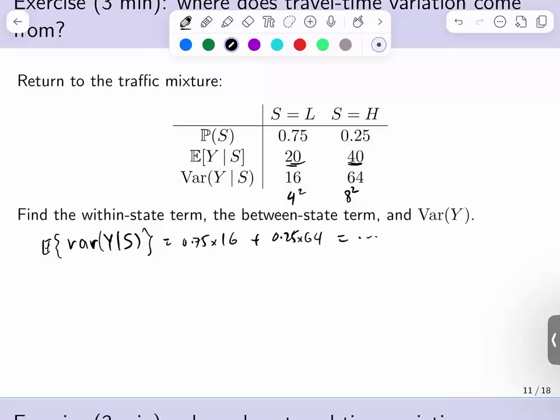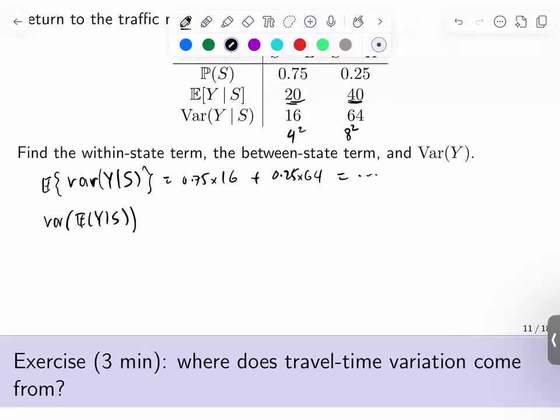So how do I compute the variance of the expectation of y given s? Can anyone help me do that? How do we do this? There are different ways of doing it. It's just a particular variance. So this is a random variable that takes multiple values, right? So I can, for example, do